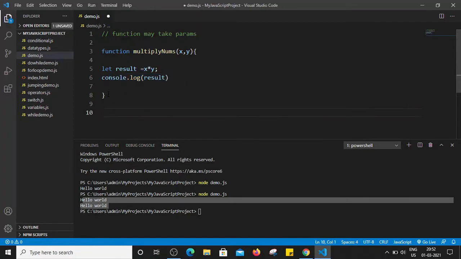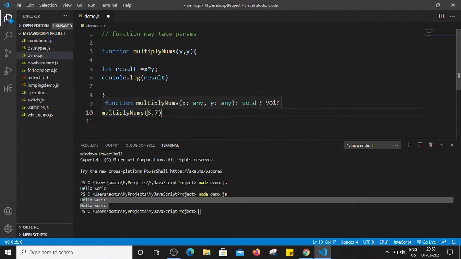We have created this function, now we have to call or invoke it. So what is the syntax for calling the function? We simply write the function name, and basically we have passed two parameters here, so similarly we have to pass two numbers here. Let's say 6 comma 7. So 6 is like x here and 7 is going to be y here.